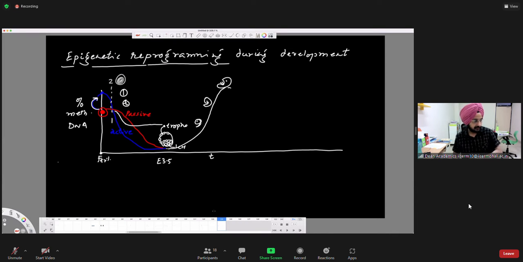So this time point is around 7 days or 7.5 days in mouse. Okay, so this methylation level remains the same in the somatic tissue, like your brain, your liver, your lung, your skin, your eyes, your teeth, your tongue. Everything; these are examples of somatic tissues. But there will be some cells which will make your germline cells.